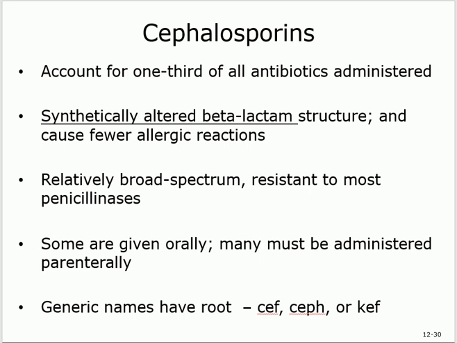So the bacteria that secrete penicillinase will break down the beta-lactam. So what can we do now? I will do something to change the beta-lactam so that it doesn't break down. And that's how they came up with this type of cephalosporins. They changed the chemistry of the beta-lactam. By the way, beta-lactam is just a ring structure, if you wanted to know. Okay? Good enough to know about the cephalosporin.